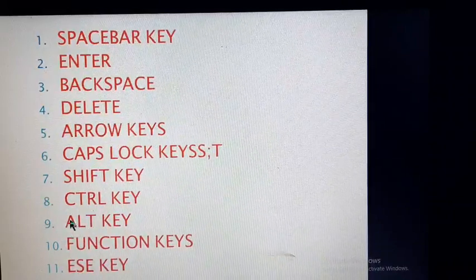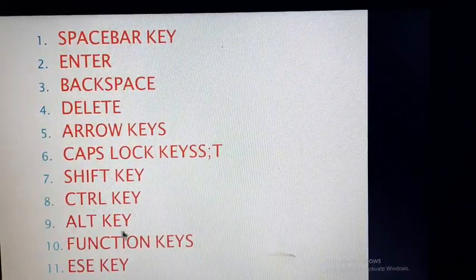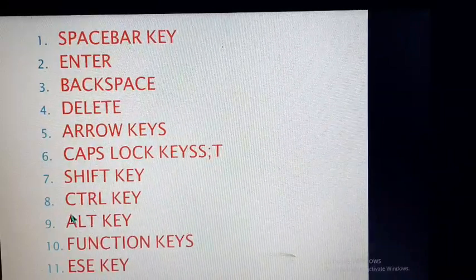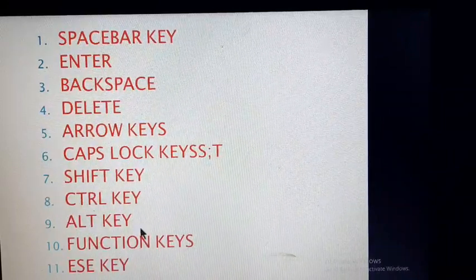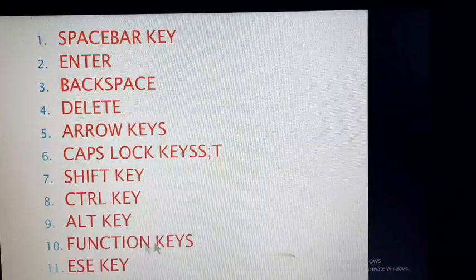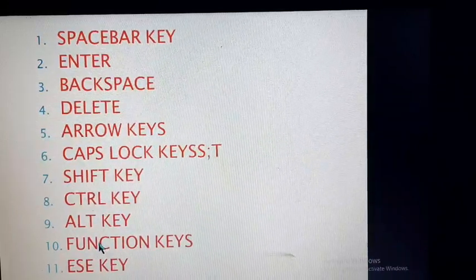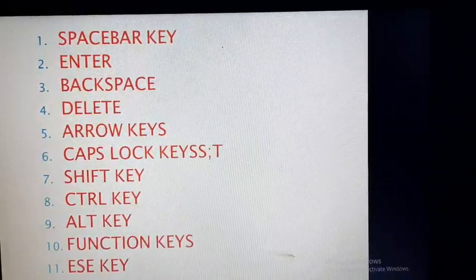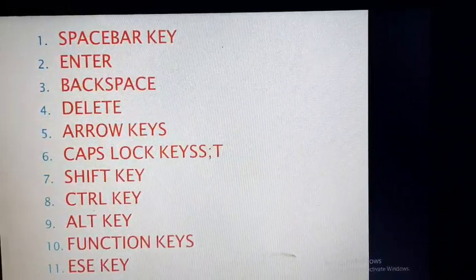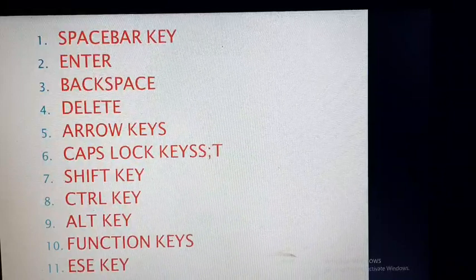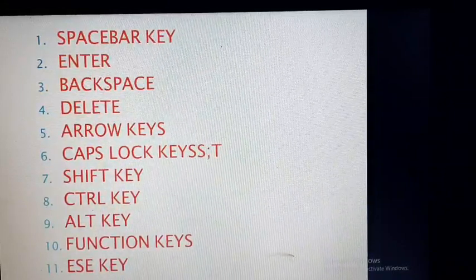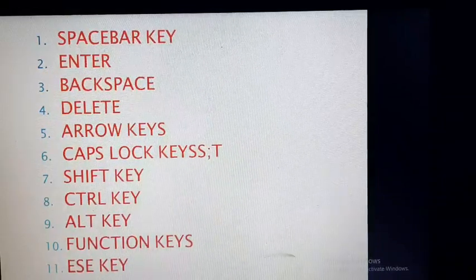The Alt key is also a control key. It is also used with other key combinations to perform tasks. Function keys, there are 12 function keys from F1 to F12. The function of these keys depends on the application you are using, which means they do not have specific functions.